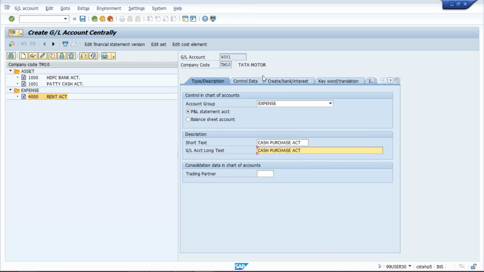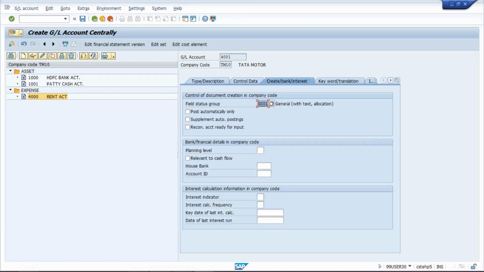Okay, so cash purchase account, click on create, and here also we are going to make it post automatically and save it.